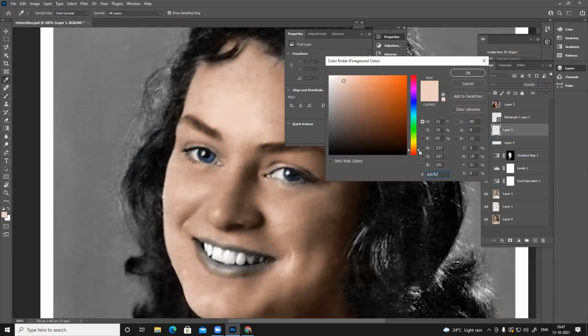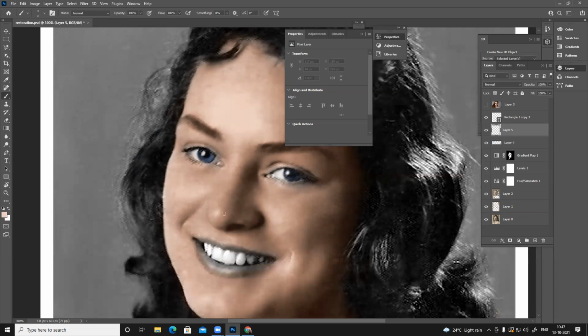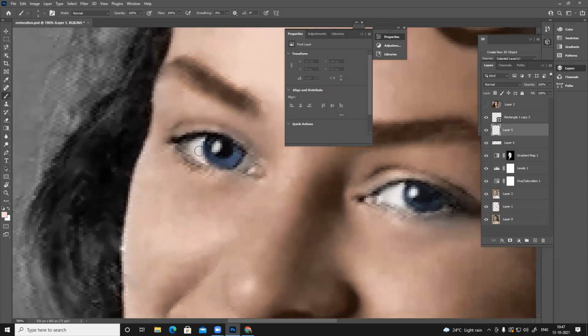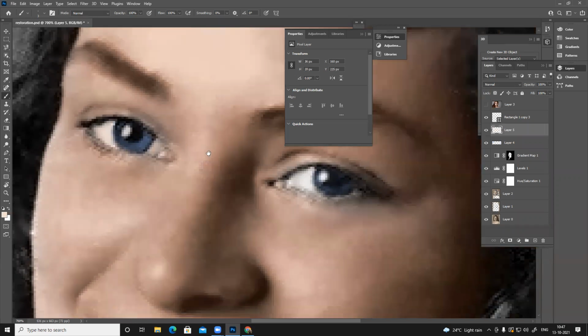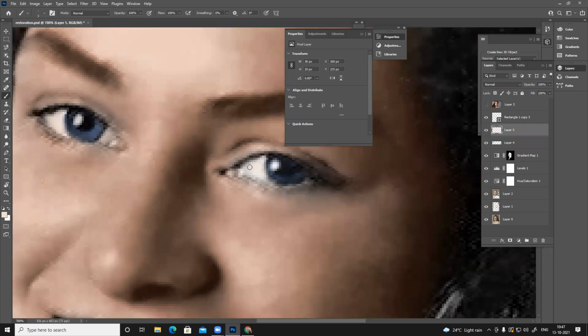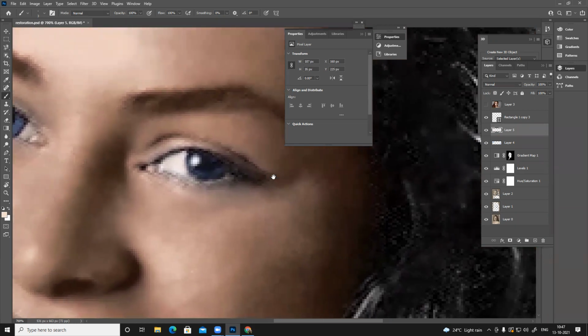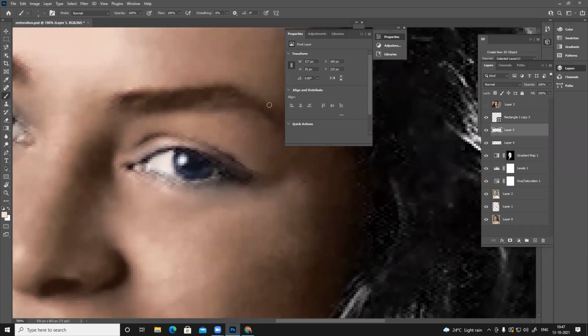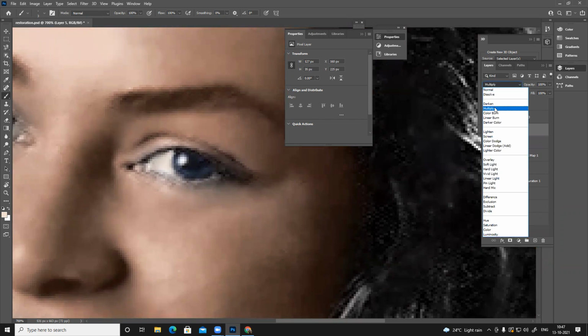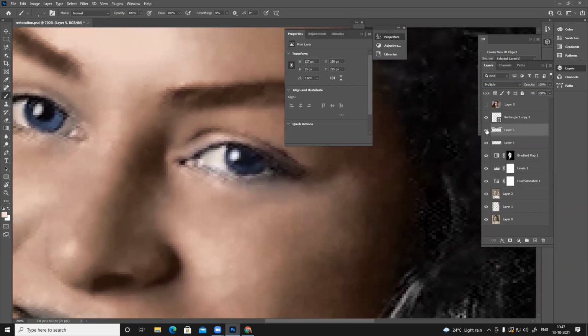I can make it a little more yellow, slightly like that. If I paint it directly, I can see it's erasing everything. So I'll paint it first and change this to multiply. Blend with this.